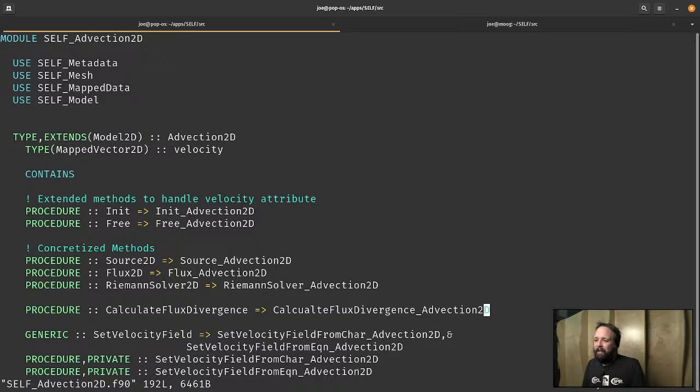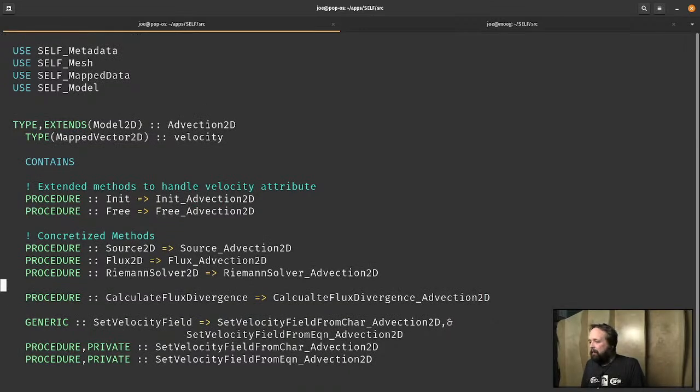So let's go back into that advection 2D. Right, so we got calculate flux, and I've already got a typo, so cool. Yeah, I wish I could do giveaways for catching typos for y'all, but hey, feel free to harass me in the comments if you see something I might be making a mistake on, because if you don't catch me,